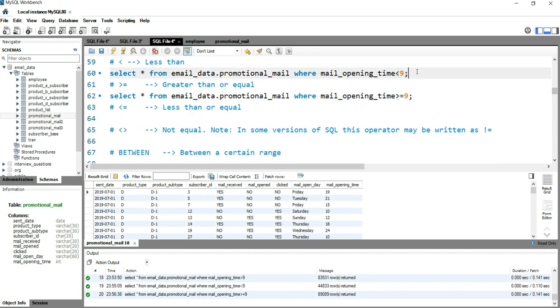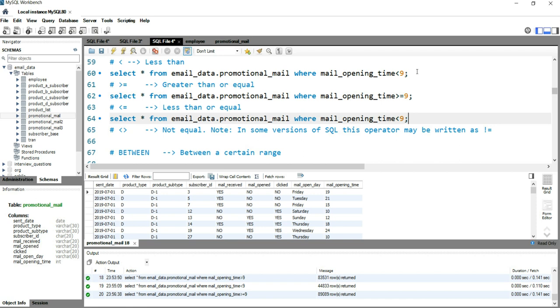Now we'll talk about less than and equal to. The situation would be: get all the records where mail opening time is less than or equal to 9. So it should not be above 9, but it can be equal to 9.